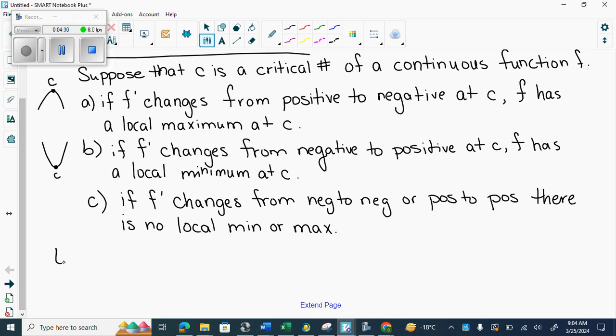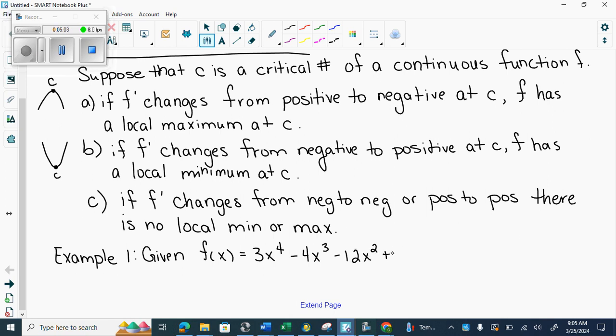I'm going to give you example 1. Given f of x equals 3x^4 minus 4x cubed minus 12x squared, determine